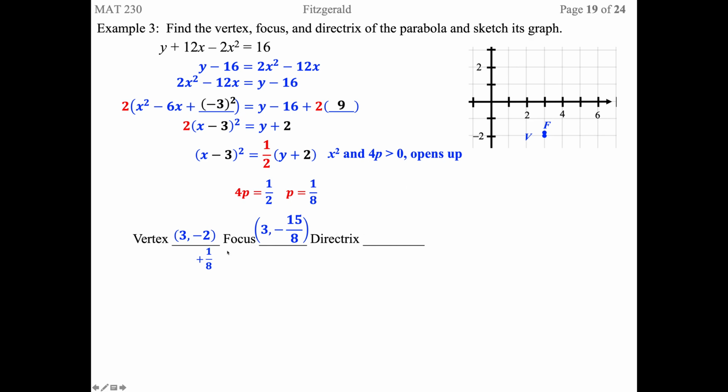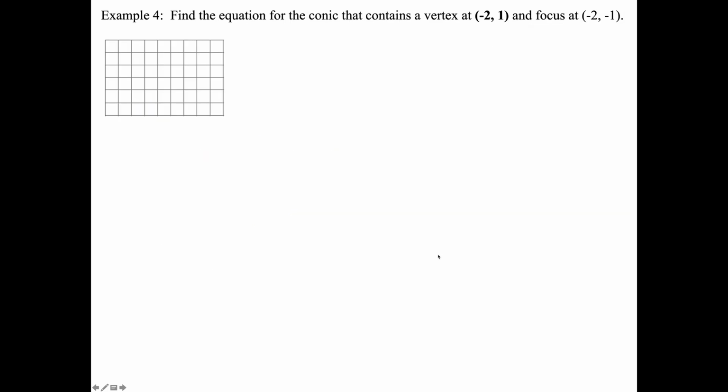And, let's see, 1/8, we'll double that. That's going to be 1/4 to the left and 1/4 to the right. Very close here, really tight. Directrix line, okay, we're going to have to subtract 1/8 from the -2, so that's -17/8. And again, it's horizontal, so that's y equals. And now I got more of a parabola that's more vertical, stretching upward than it is wide. If you notice, some of the other ones are a little wider. All right,